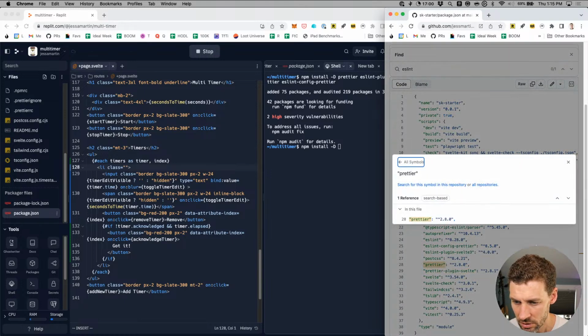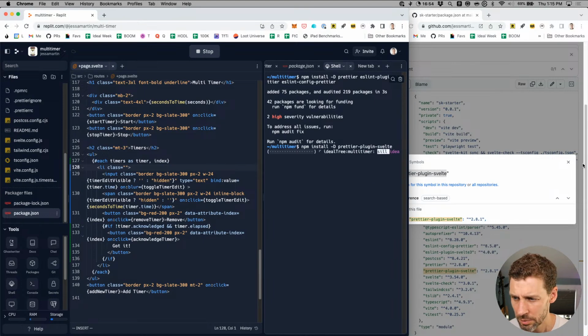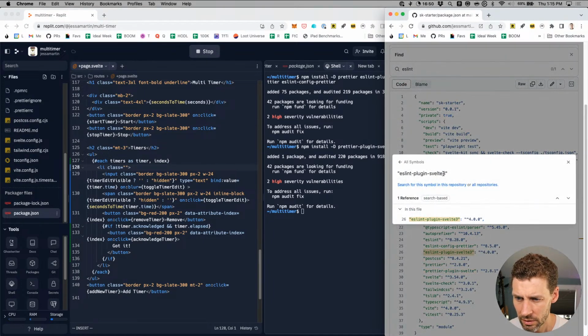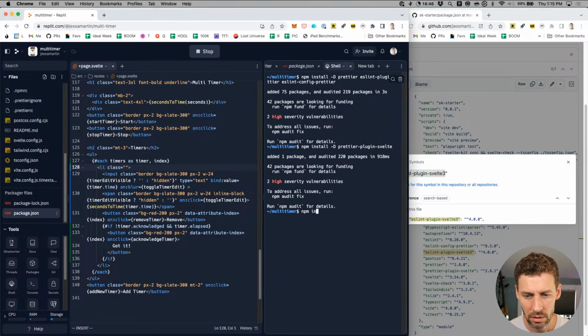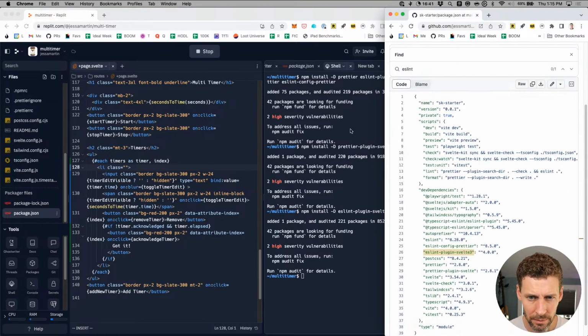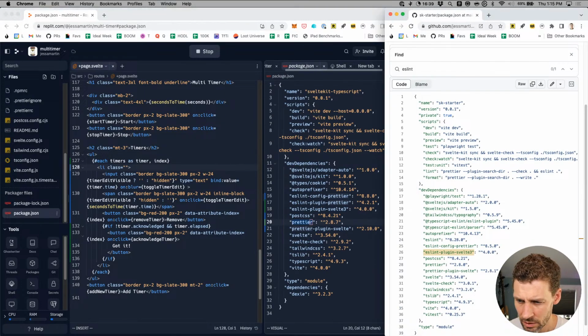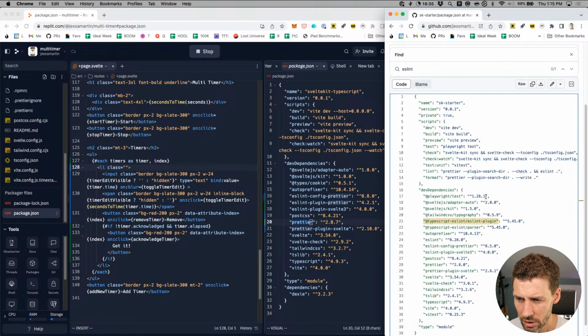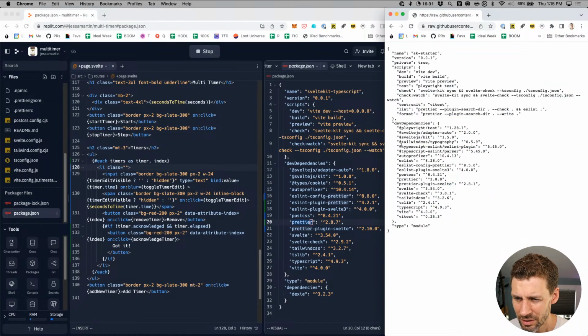All right, prettier plugin Svelte. ESLint plugin Svelte3. Now how are we looking in here? Oh yeah, TypeScript ESLint. There we go.